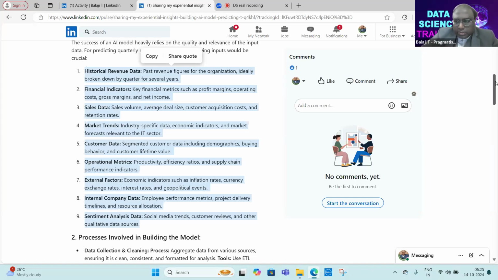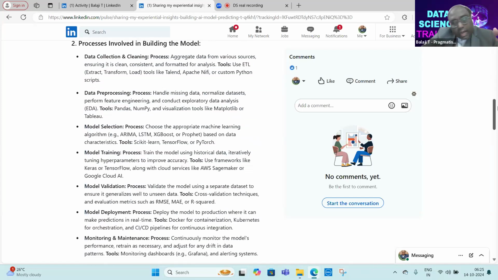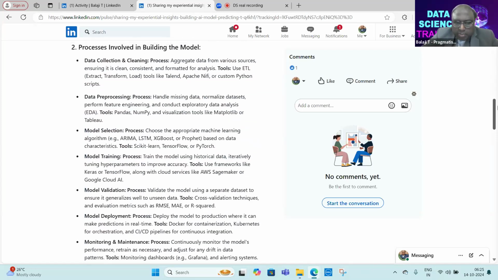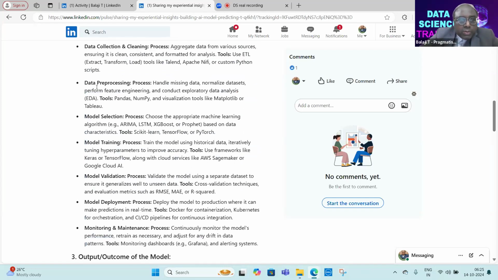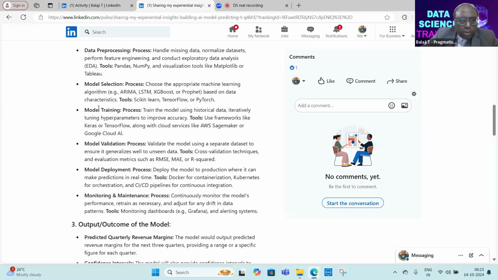So these are the inputs. And what is the process? Again, the same process I mentioned, but only thing we are going a little bit deeper now. How am I going to do the data pre-processing? I have mentioned the tools for each and everything. Your data collection and cleaning followed by tools, data pre-processing followed by tools, your model training, your model selection, your model validation, then your deployment.